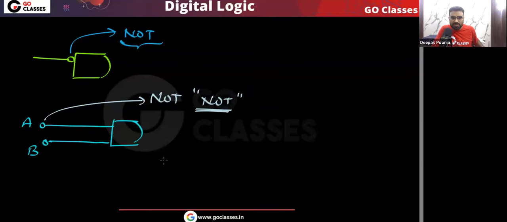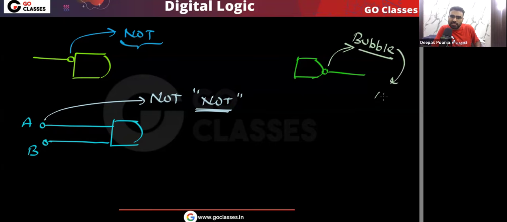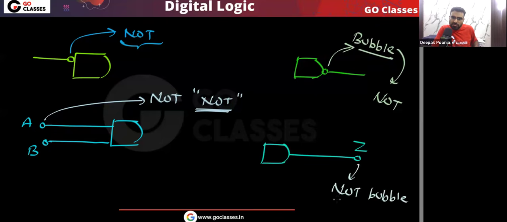So here, this is the simple point I'm telling you: whenever you have a logic gate, for example, consider this logic gate. Now, if I put a bubble touching this logic gate, you can see this will be a bubble, and automatically this bubble will be considered as a NOT operation. But remember, if I do something like this, and then here I write Z, then please understand that this is not a bubble. This is just a way of writing, just a way of drawing. This is not a bubble. I hope you understood.